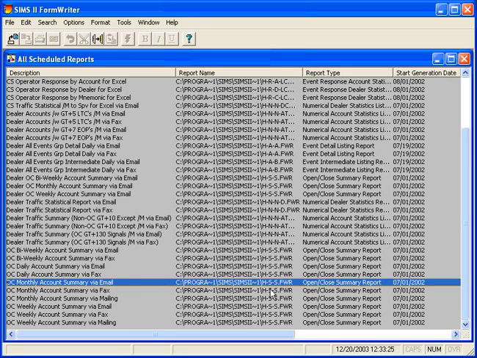Now you'll notice in the Sims 2 the keystrokes are HSS. We've named the files this way to assist you in understanding what all the different form files mean. In this particular case, this report, we would want it to run monthly. It's a summary type report, and it's going to be delivered via email, but let's open it up and inspect